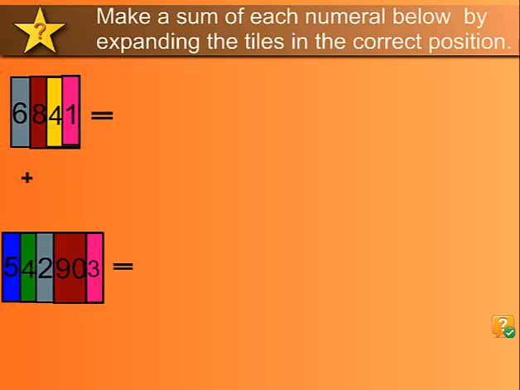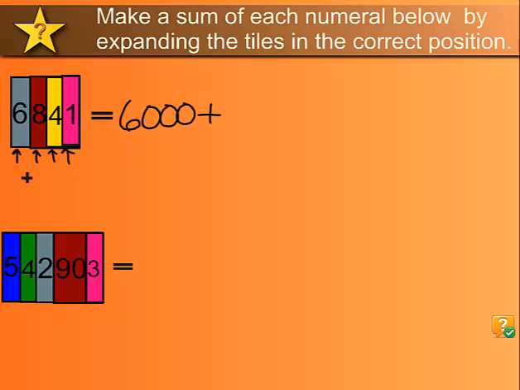Expanding these numbers is called expanded notation. We're going to take the place value from each one in order to expand them. For example, I see in the first one, the 6 is the largest place value. It's in the ones, tens, hundreds, thousands place value. So I'm going to write 6,000